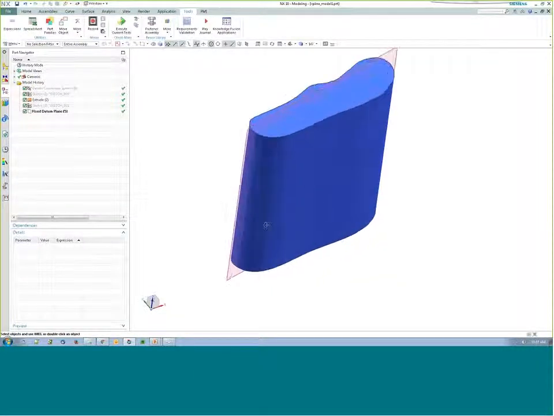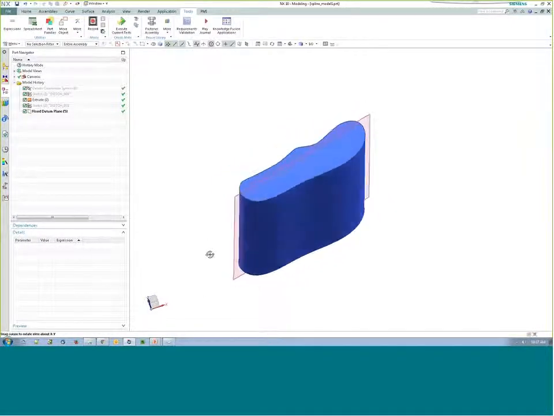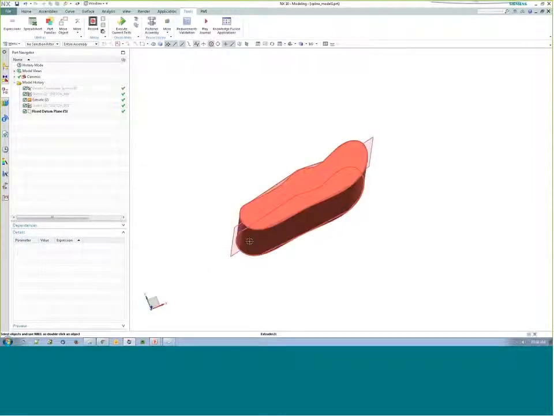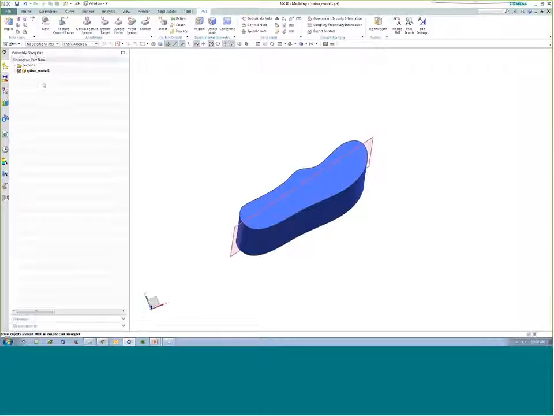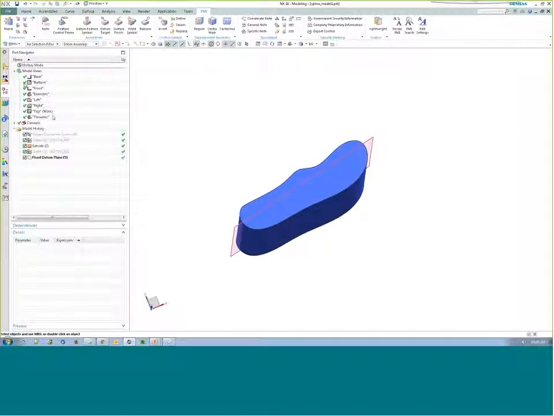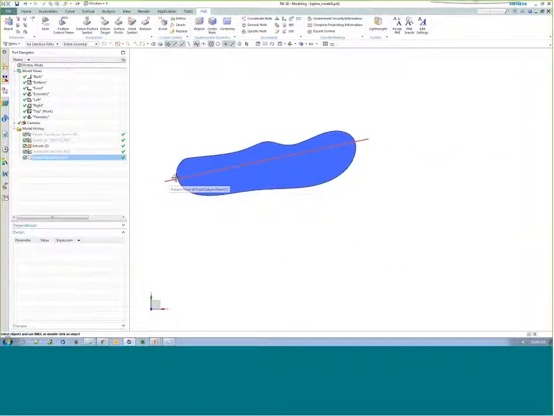So I'm going to show another user tip. This is just an arbitrary part that was created using a spline. So I have a spline curve that I've extruded. And some people notice that if I want to do any kind of dimensioning on the spline, for example, I want a distance across the spline,